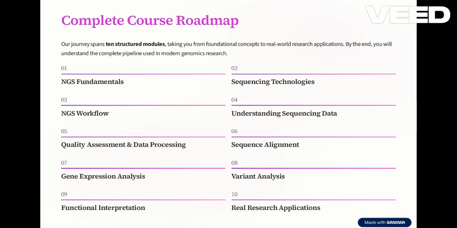Next, we will understand sequencing data formats, quality assessment, data processing, sequence alignment, gene expression analysis, variant calling analysis, and functional interpretation. Finally, we will connect all these concepts to real research applications. By the end of the course, you will understand the complete workflow used in genomic research.